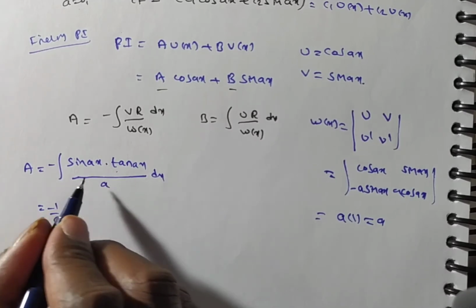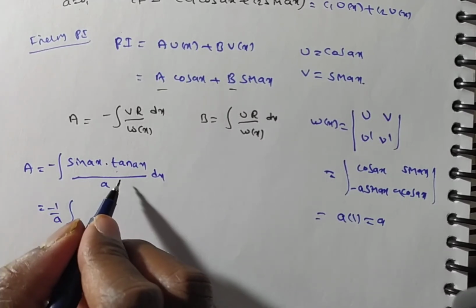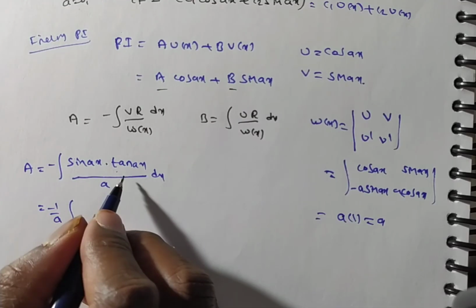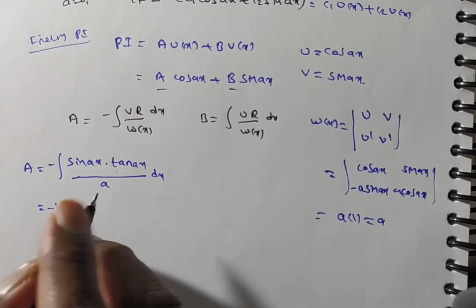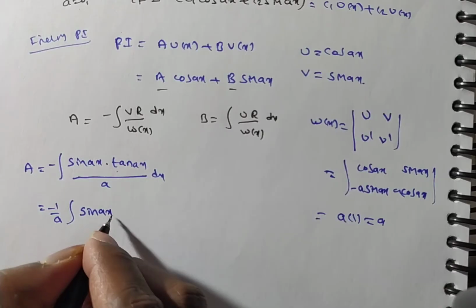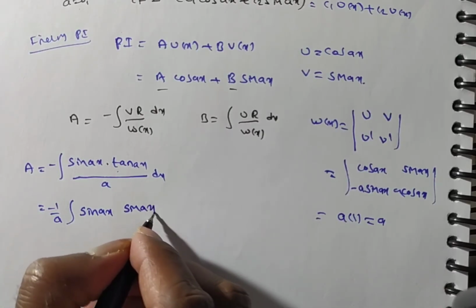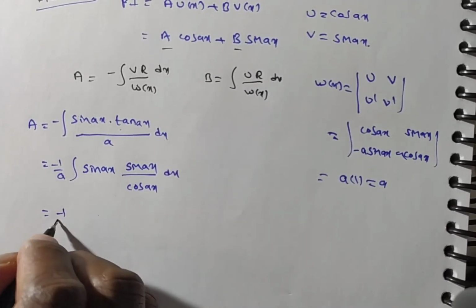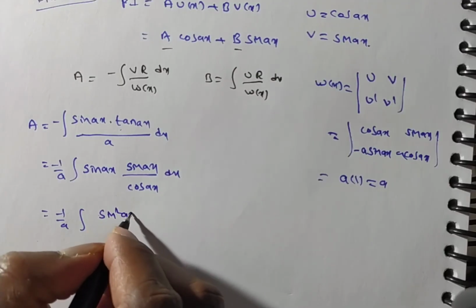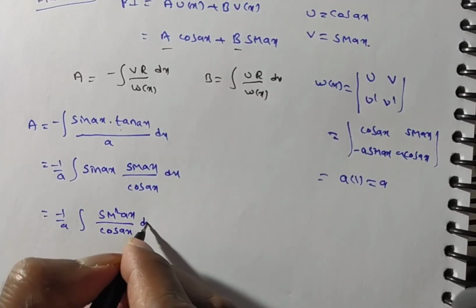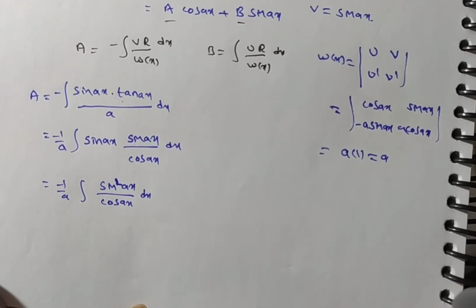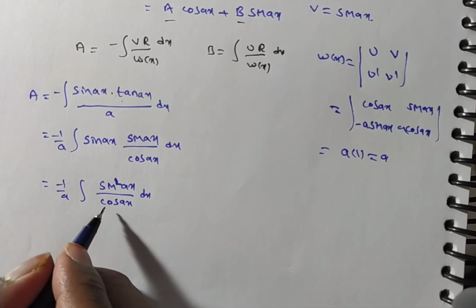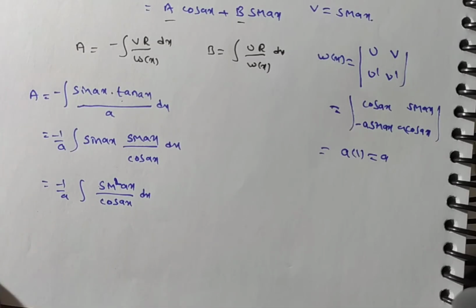Now you see, there is a product of two functions. Whenever there is a product of two functions, we usually apply the integration by parts UV rule, but these two are trigonometric functions, so you cannot apply the UV rule. So tan ax you have to convert into sine terms: sin ax by cos ax. So we have minus 1 by a times the integral of sin square ax by cos ax dx. Now again it is in the form u by v. Whenever the u by v form is there, you verify whether the denominator's derivative is in the numerator. But here it is not, so you cannot apply that rule either.